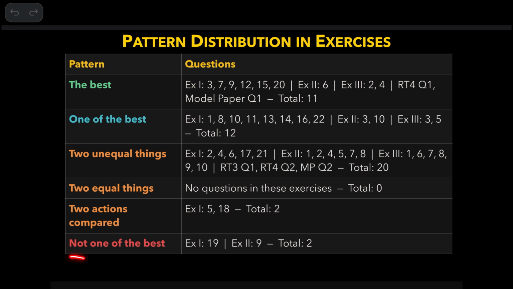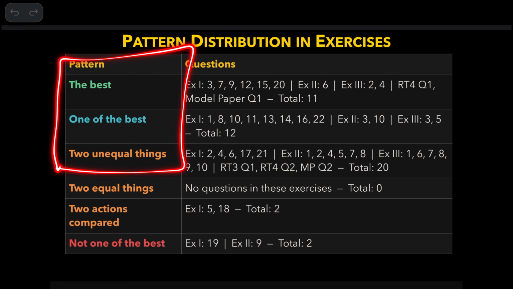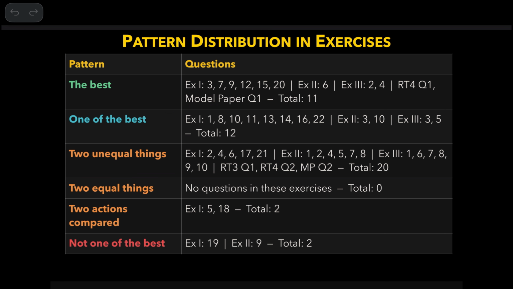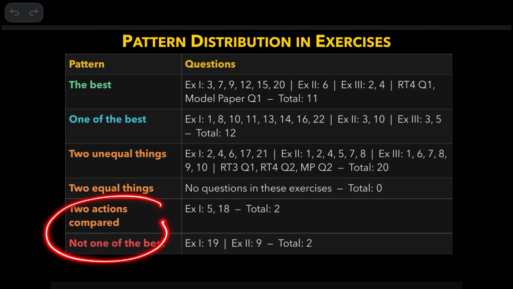These three things, if it is too confusing, you can leave it also, because if you try to focus on these things, you might get confused here. So focus totally on these three, and only when you are fully confident, then you try to learn these three, especially these two, because you have only two questions each.